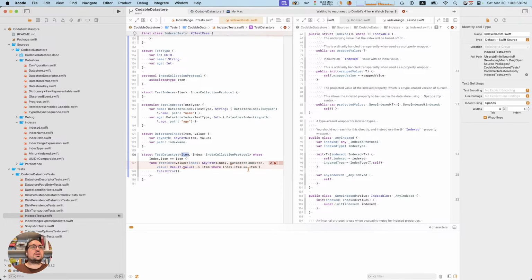This has to be item and value, and the result is just going to be a value, and we already have this requirement.